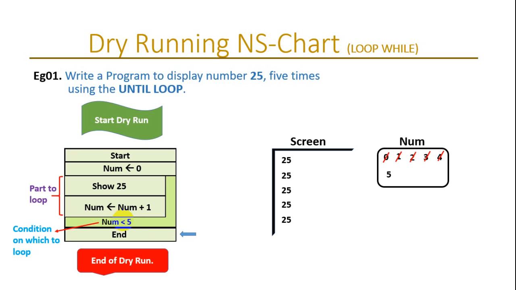So now here, in my previous video, I showed you the same thing using the loop while also, and now I have printed it using the loop until as well, printing the same number 5 times. So either way you can do it. But in certain cases, like I told you, if you want the looping part to be done at least once, then you have to use the loop until and go through. So let's go